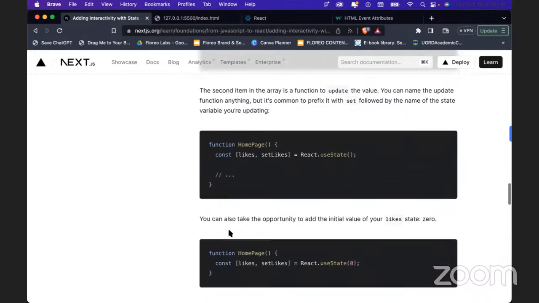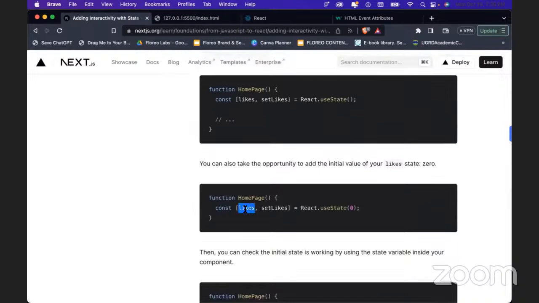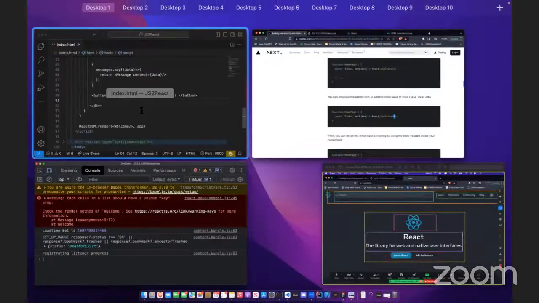Whenever you're going to declare state, there's three things you have to define: the name of the state you're creating, a kind of function that will be called to change that state that you created, and then you set the React use state to the default value of the state itself. So in this case, right,